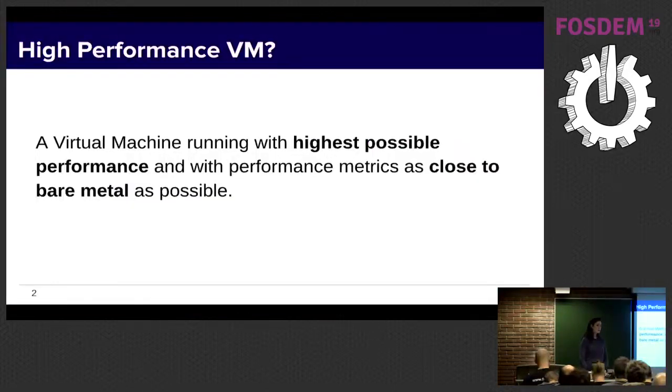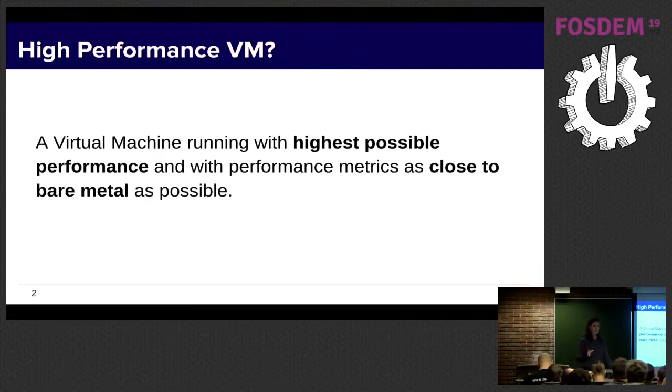Now let's start by understanding what is a high-performance VM. So high-performance VM is actually running a VM with the highest possible performance and with performance metrics as close to bare metal as possible. But when we are talking about high-performance VM, we are not talking about real-time VM, and it's important to emphasize that because we are not supporting real-time, and sometimes people get confused between high performance and